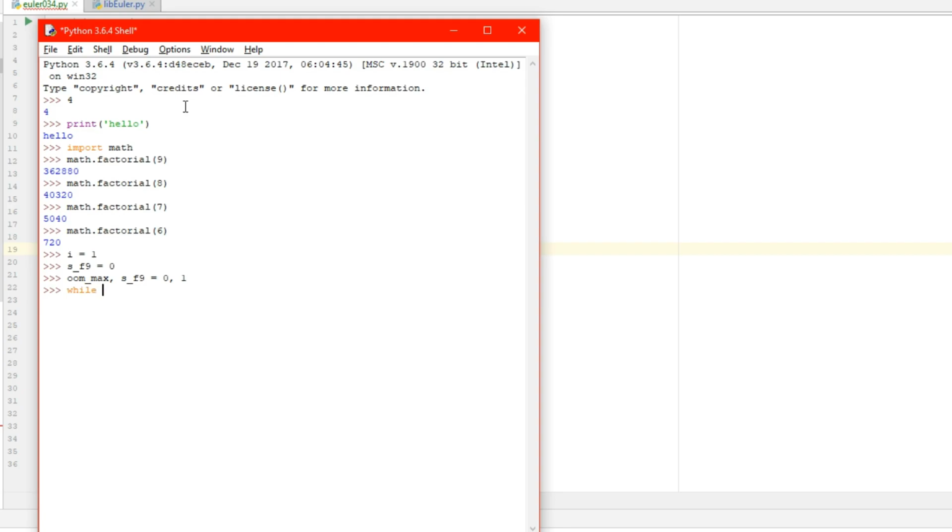Now let's see, while the order of magnitude is less than the sum of factorial 9s, I want to increase I, then I want to set the order of magnitude maximum to be 10 to the power of I minus 1. And I want to set the S9 to be